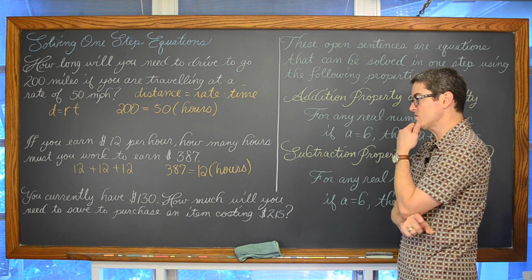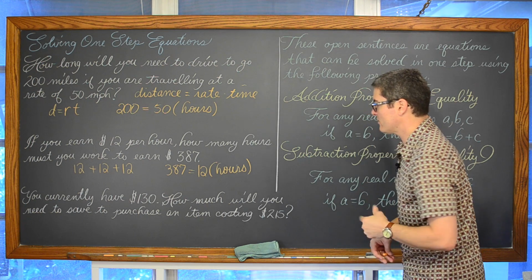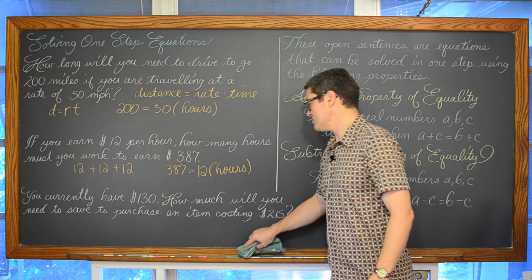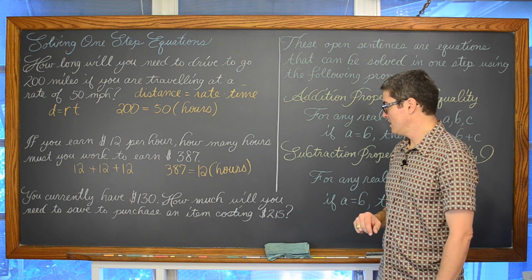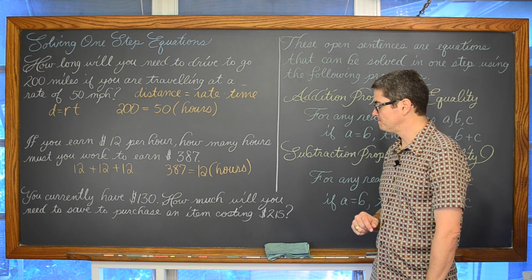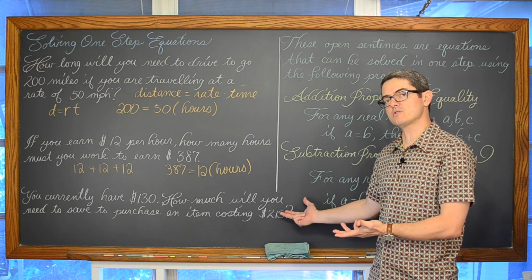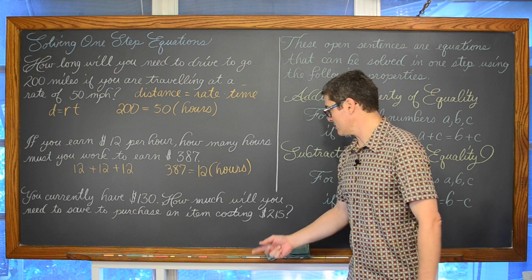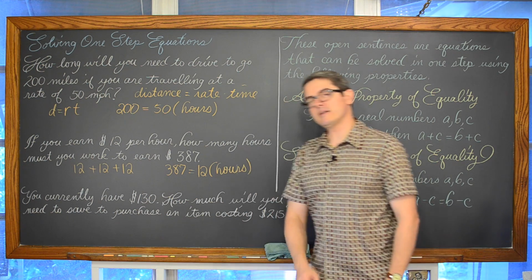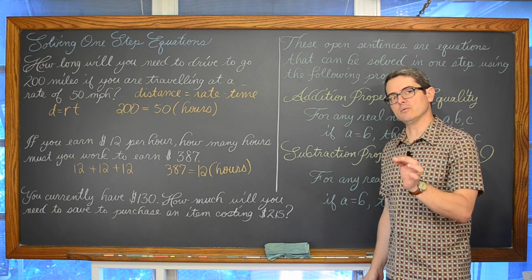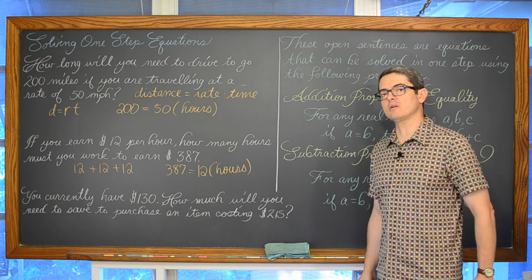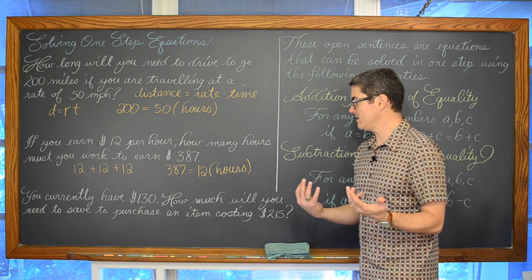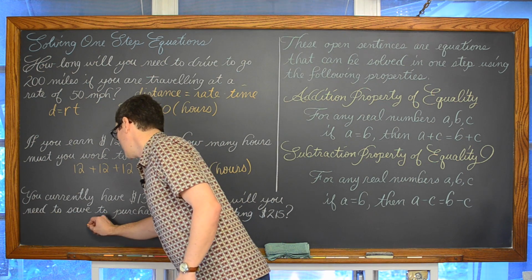You currently have $130. How much will you need to save to purchase an item costing $215? Now, if I give my algebra students a question like this, often they'll just automatically know, oh, I need to save some more, so let's do 215 minus 130, which is absolutely correct. But to write it as an algebraic equation before seeing that subtraction that we need to find the answer, it's going to be that we have, oh, I've got